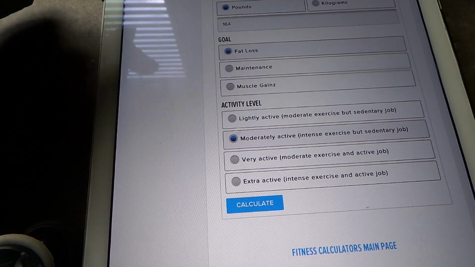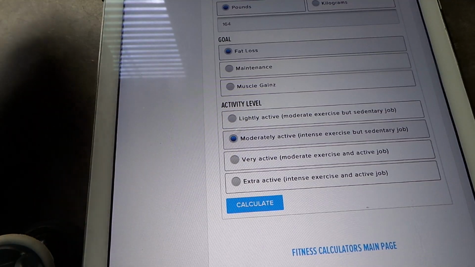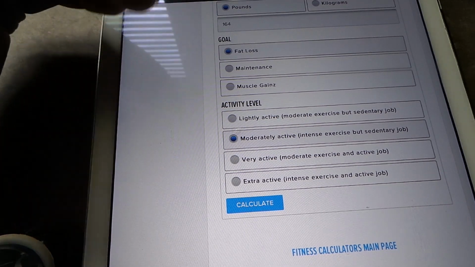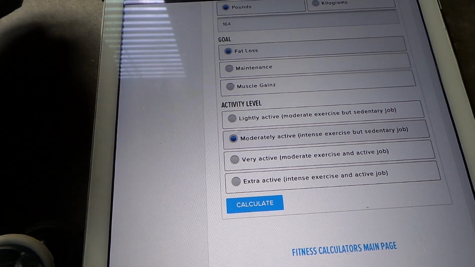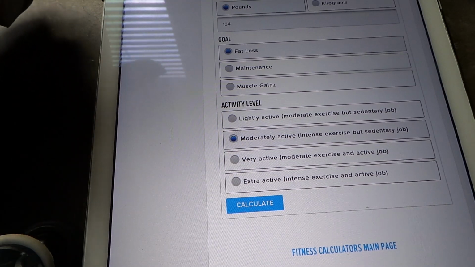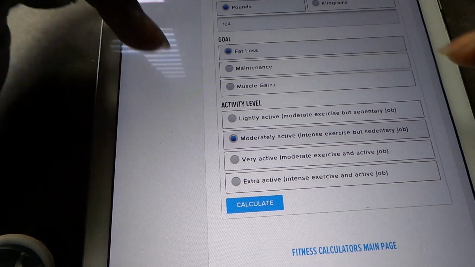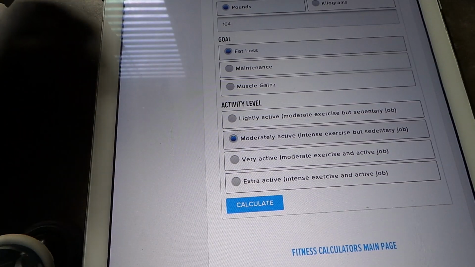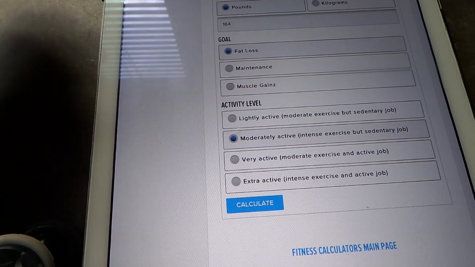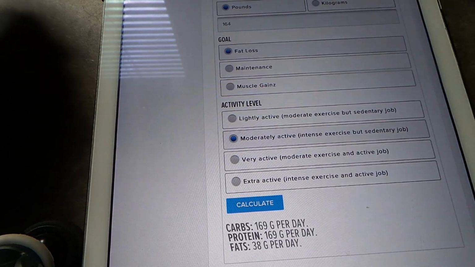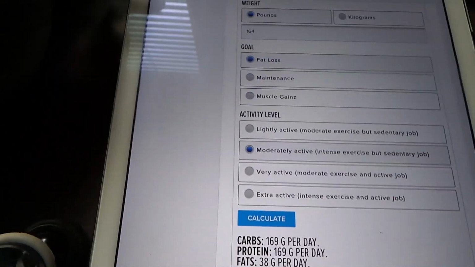So most people are lightly active, meaning they do moderate exercise and they have a sedentary job. So that's something that most of you might pick. However, if you work out every day and you have maybe a day or two of a rest period, you probably want to have a moderately active selection. And this is just my goal for fat loss. So I wanted to show this so that you guys can see that depending on your goals, you can calculate this information. So mine is fat loss, so I'm going to press calculate,